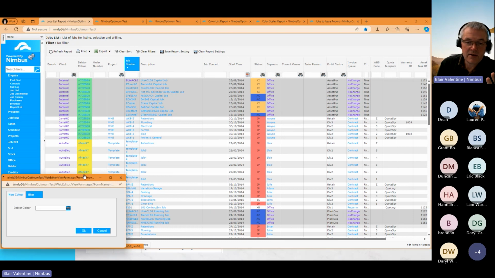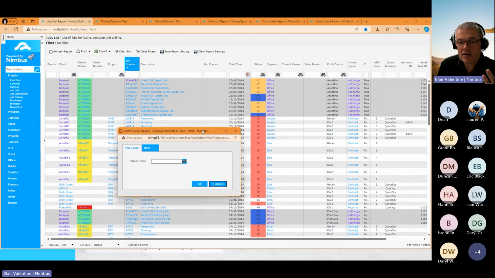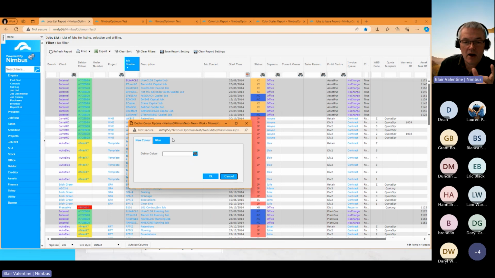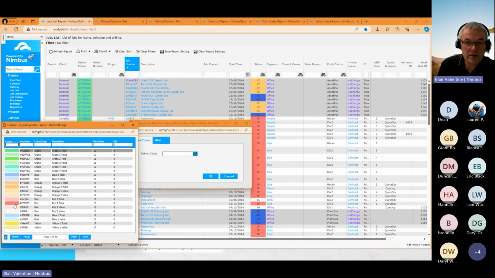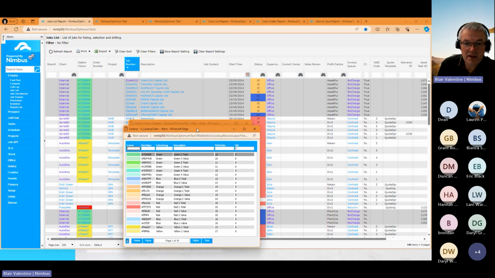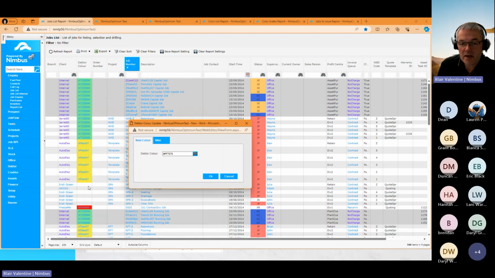So what I've done here, just to demonstrate, is create a quick form that basically says, okay, you've opened up auto electrical, what do you want to do? You want to change the color. So I want to change this color to something else. Instead of what it is now, which is yellow, I want to make it red. If I go okay,